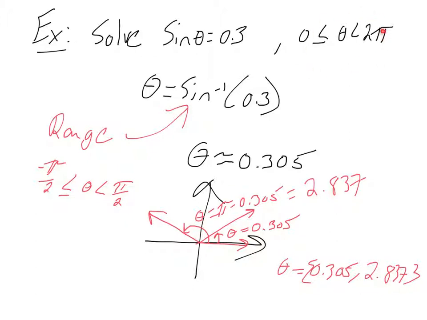And if I don't specify a domain, you still need all of the possible general solutions as well, in which case you'd still have to find this and then just add 2 pi k to both of these, right? So you have to remember that the calculator is only going to give you one possible answer. There's usually at least two answers. Sometimes there's only one, but usually there's at least two. Sometimes there's an infinite number,